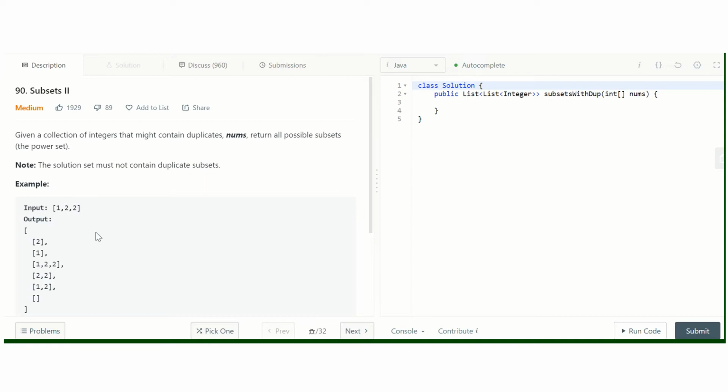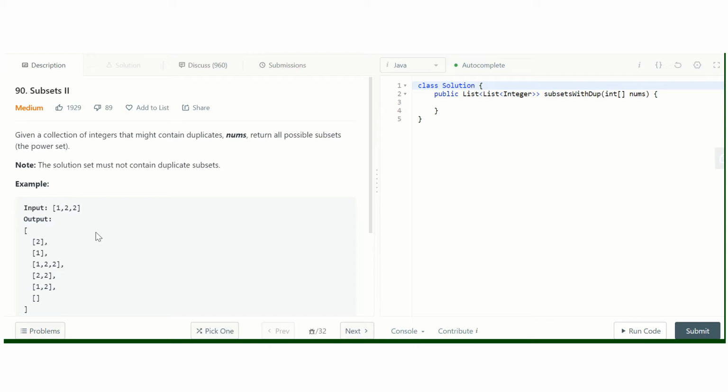Hope you have understood this. So here are two concepts. First we sort the array, and then, as previously, for each element we either include it or exclude it, and then try to insert into the hash set. There are three steps mainly involved in this problem. First we need to sort the array, and I have already explained why.